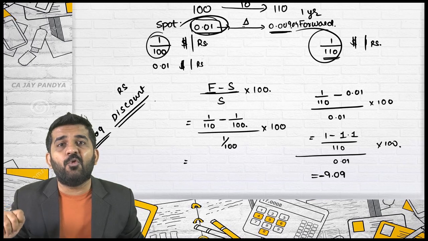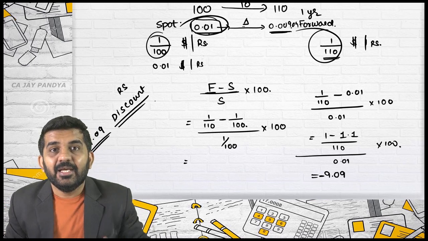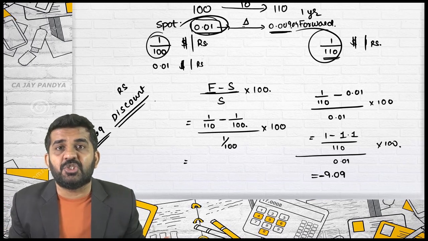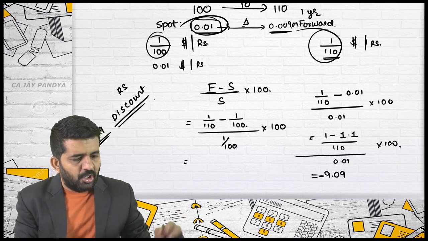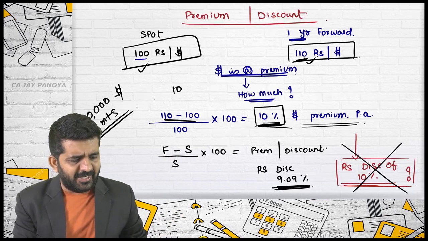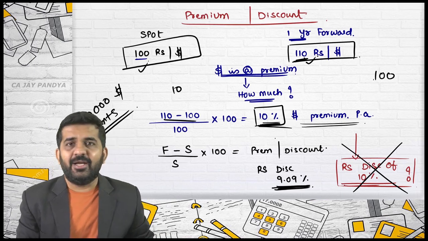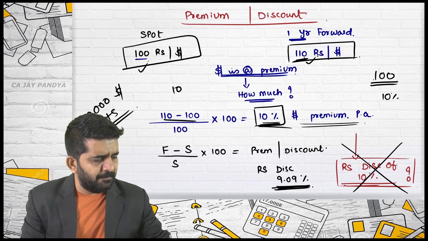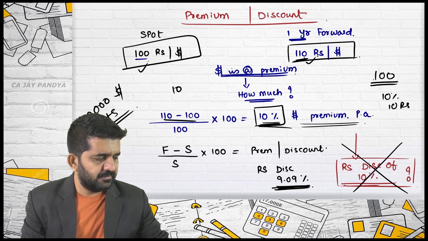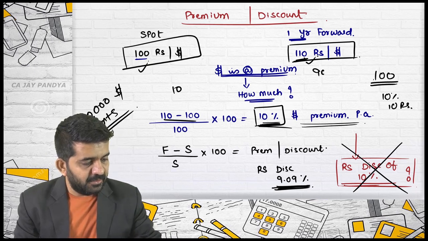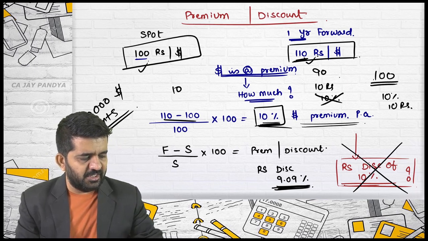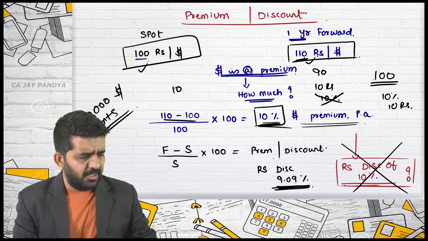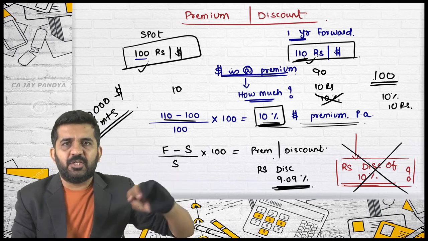First the value was of the pen. Now the value is of currency. The asset itself is changing. It will not remain the same. It is very simple mathematics. On 100, 10% is 10 rupees. But on 90, 10 rupees is not 10 percent. So it is a mathematical logic, so the answers will be different.